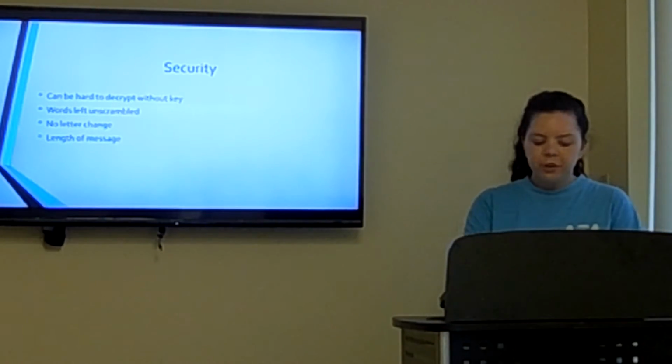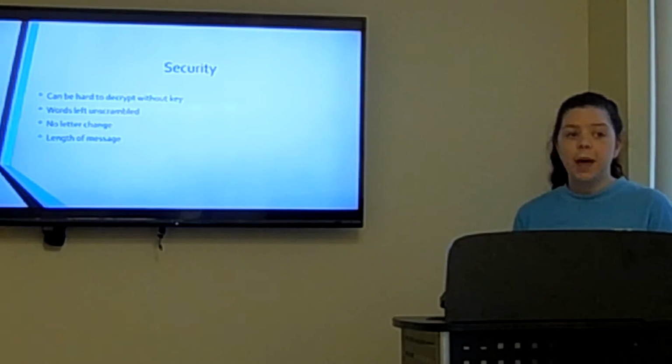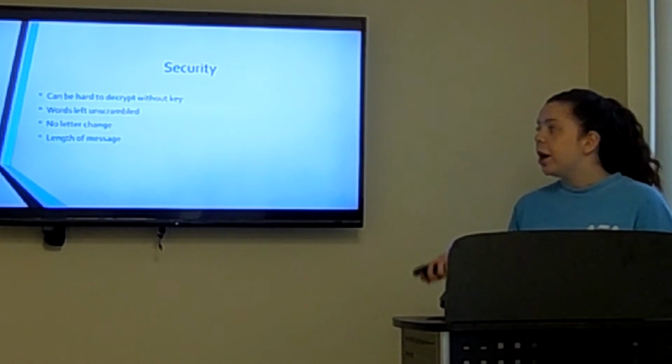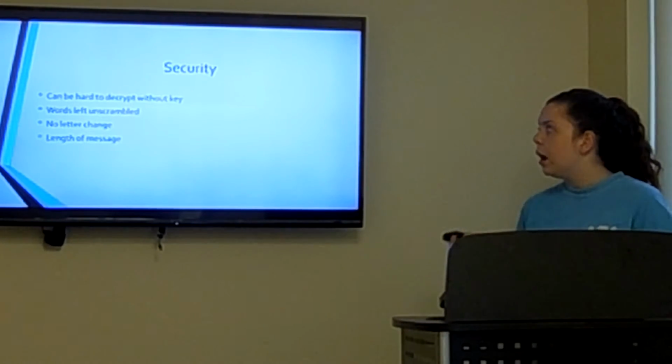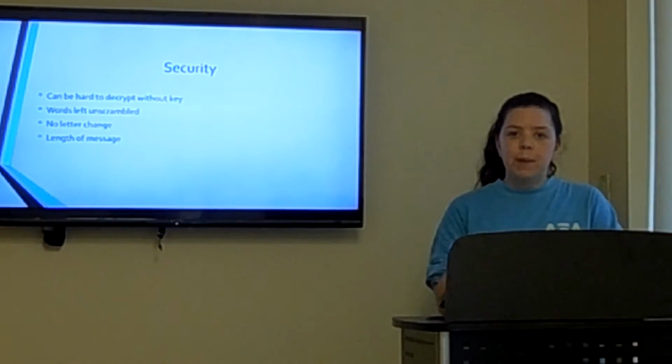Okay, so as I mentioned before, one of the security benefits of this is that it can be hard to decrypt without a key, which makes it useful. But some drawbacks